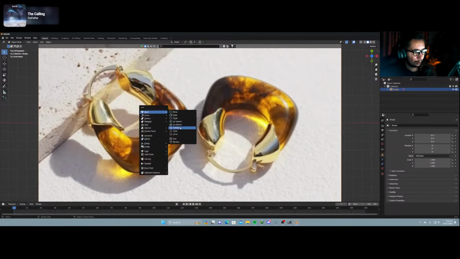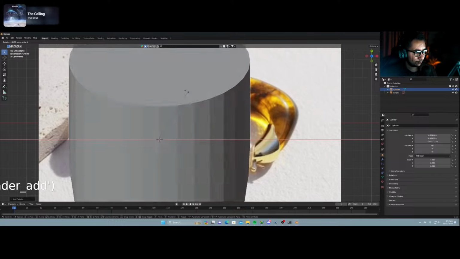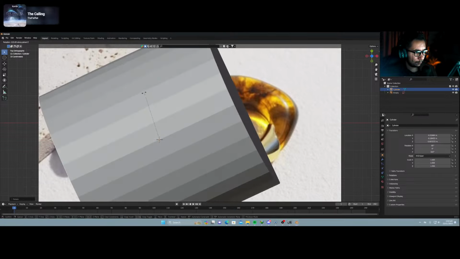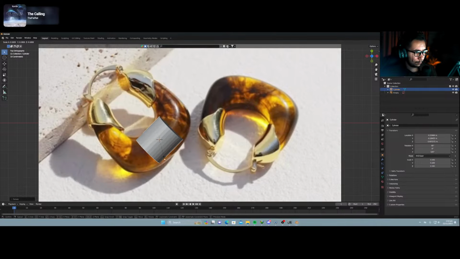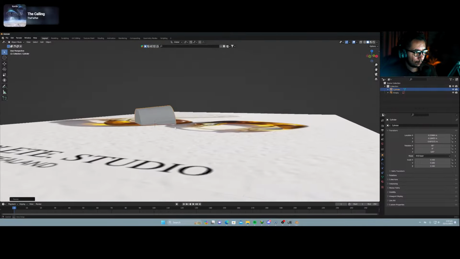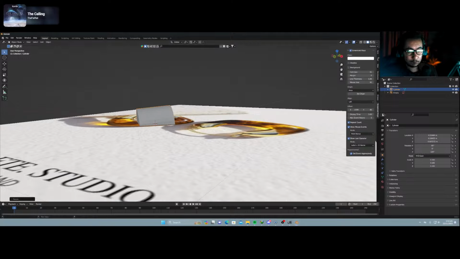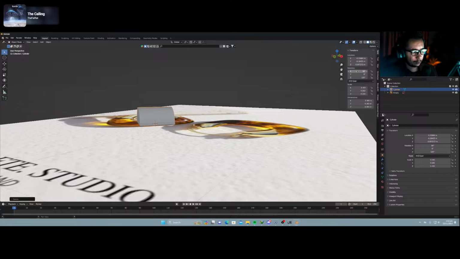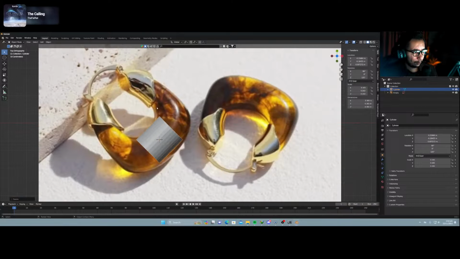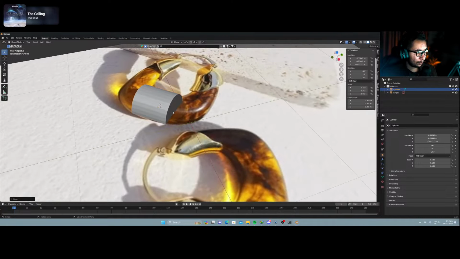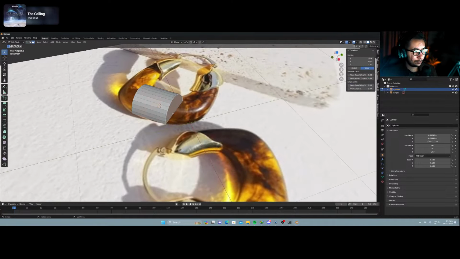I'll make a UV cylinder. -90. Go to the top, go to edit mode, face selection,